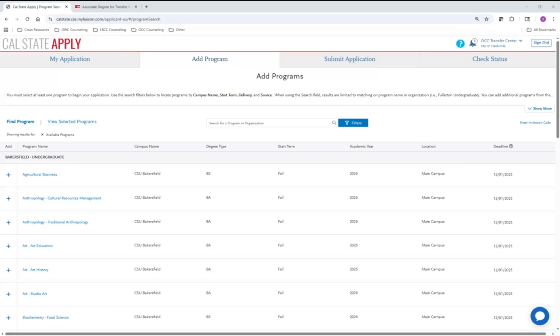This specific video will be covering how to add programs and universities in the CSU application. Once you have completed your extended profile, you will then be prompted to add a program. This indicates what CSU campus and the major that you will be applying to. Before we jump into how to do that, there are some helpful information and links to review first by clicking